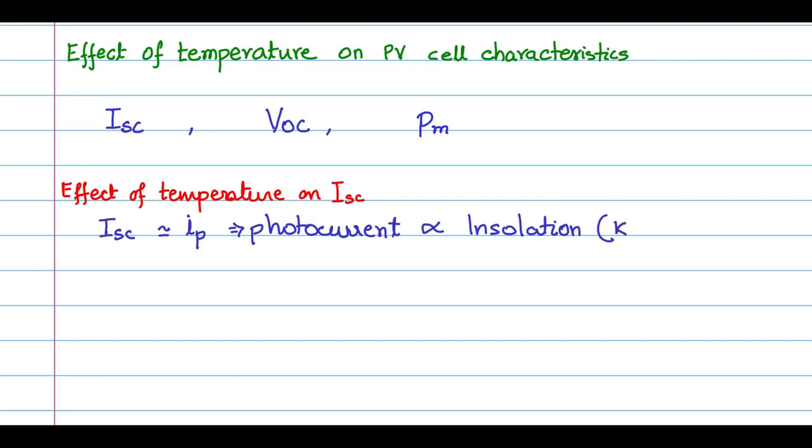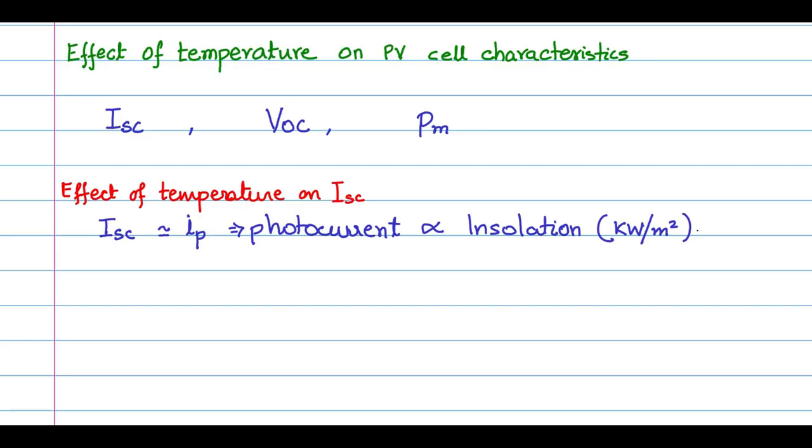Insolation is nothing but the power per meter square of the incident solar radiation. So if you see this from this relationship,